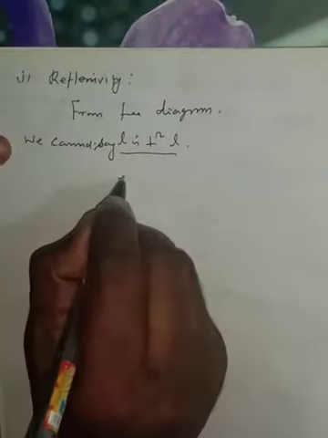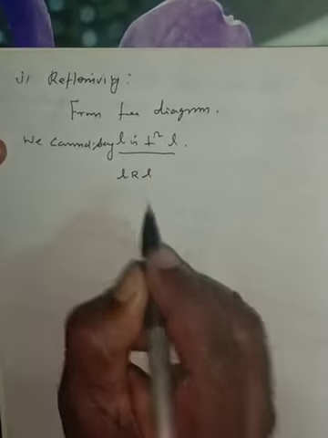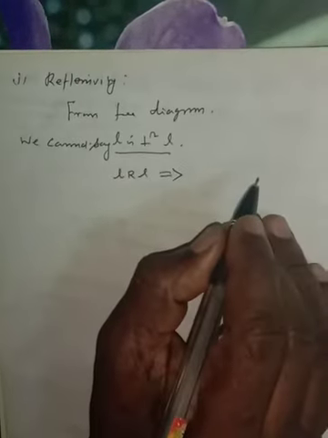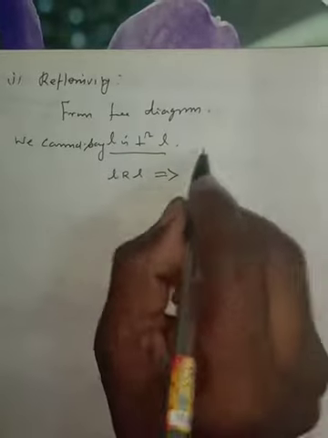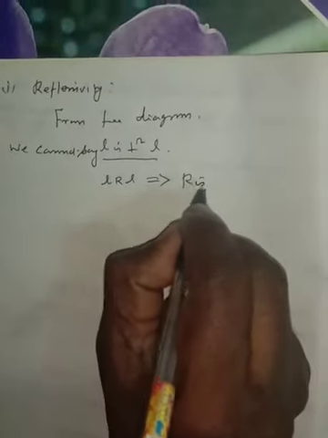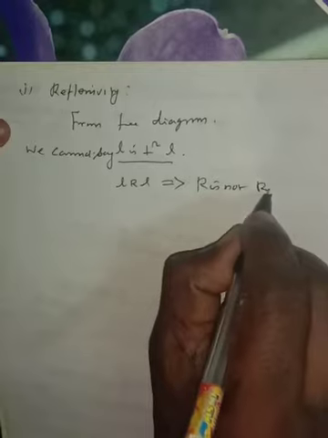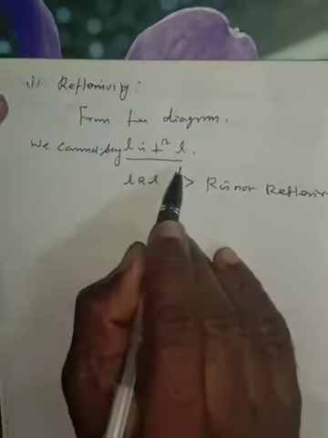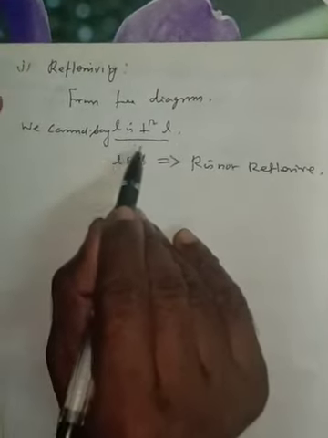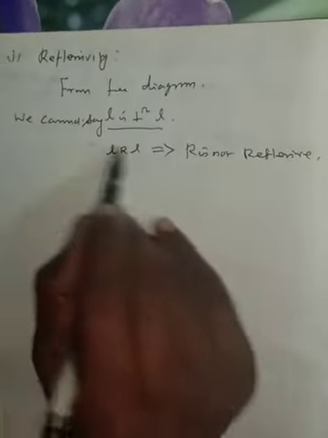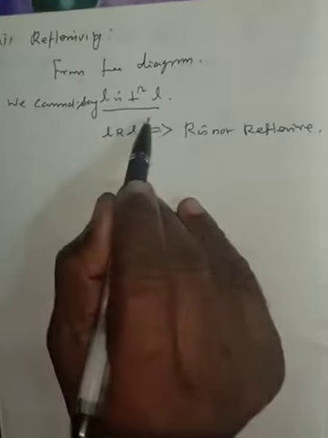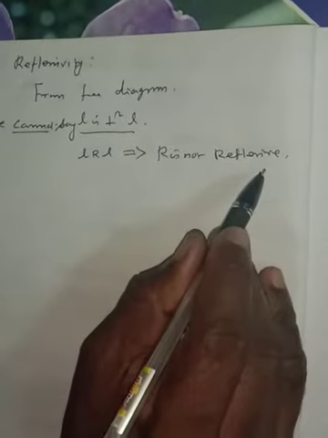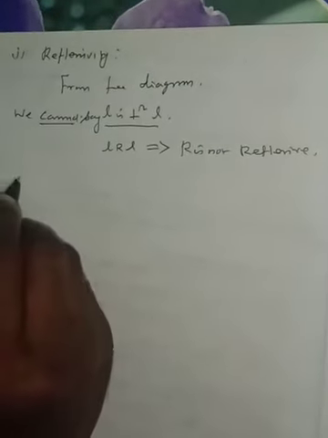Now, L relation L implies R is not reflexive. Why? L is a straight line, and L is perpendicular to L means we cannot. So R is not reflexive. Next, subdivision number 2,